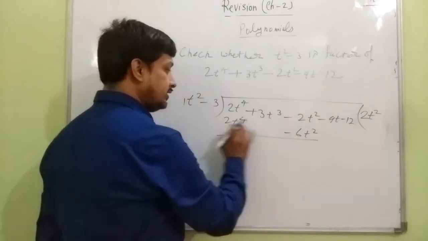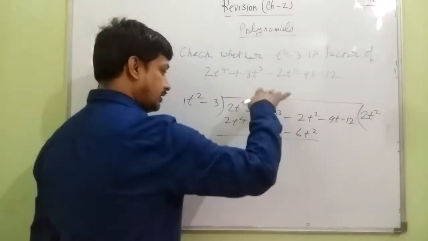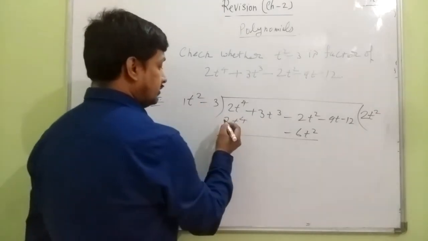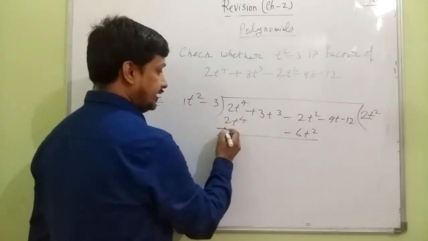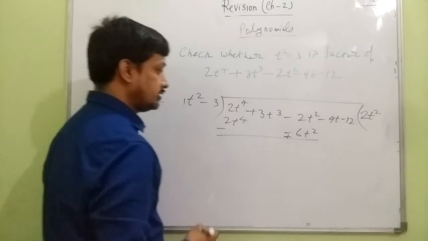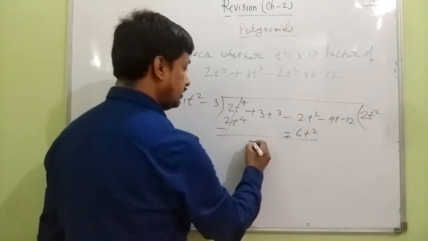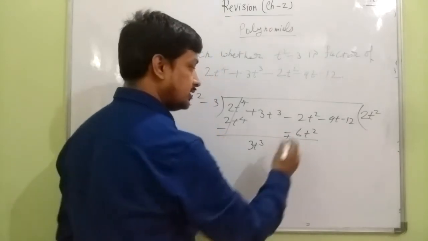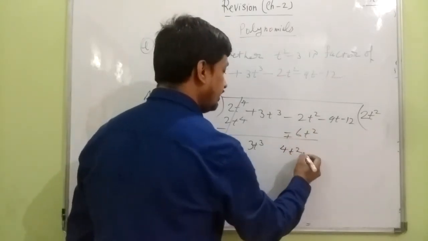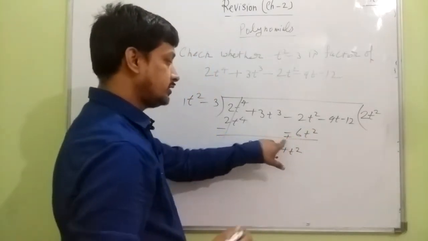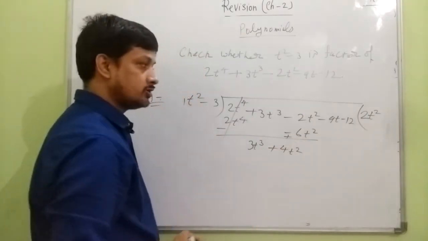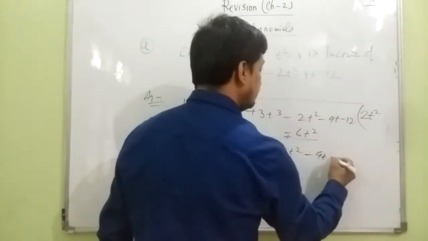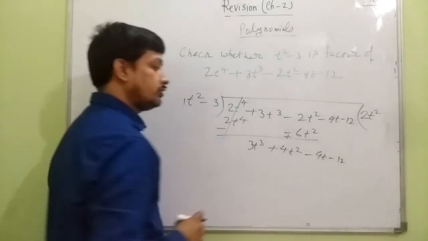The sign will be changed of these numbers which are down below. So here is a positive sign, it will be negative. Here is a negative sign, it will be positive. So it can be just cancelled out. It will be 3t cube, minus plus minus. So 6 minus 2, 4t square, and the number with the positive sign is greater, so you have to apply positive. Then the remaining numbers you can just note here.